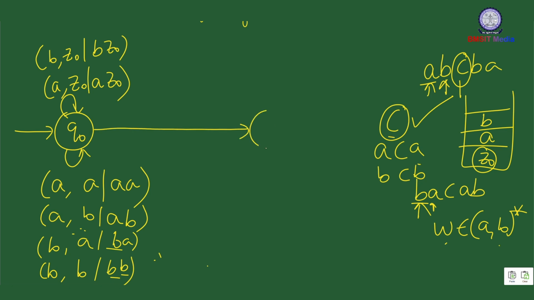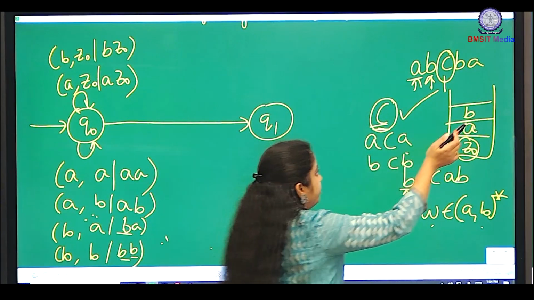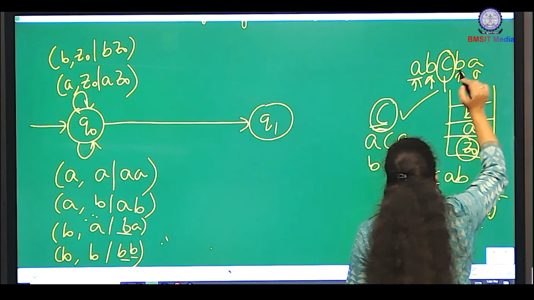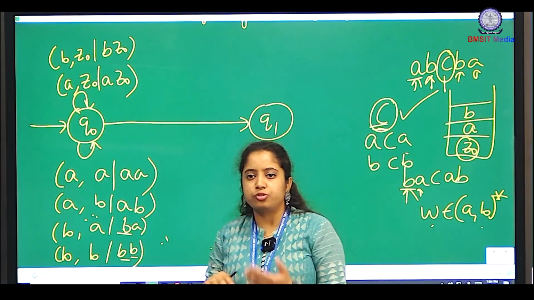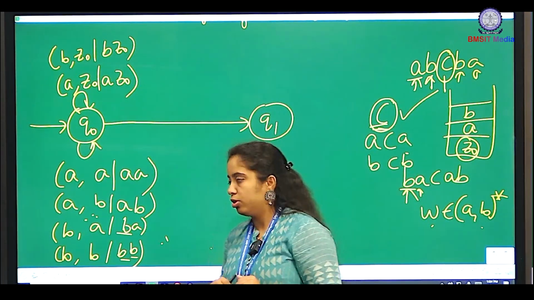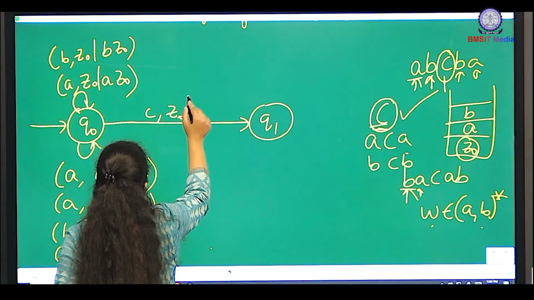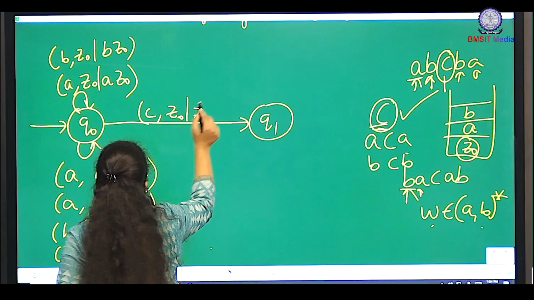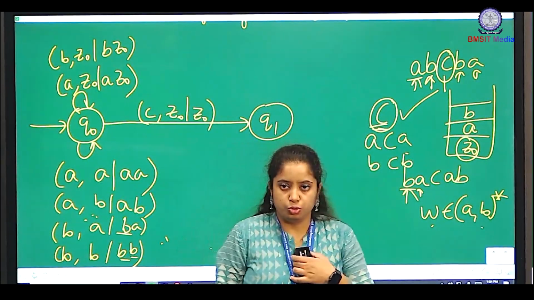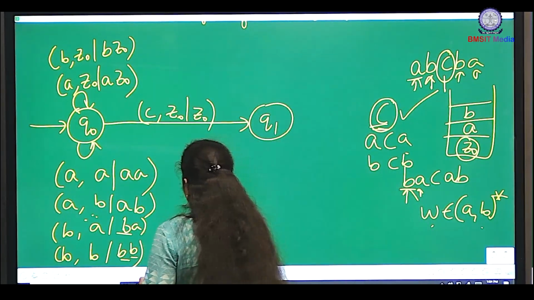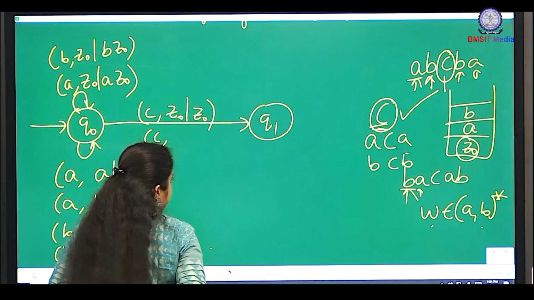Why are we going to the next state? Because after accepting C, you will start popping. Whatever you receive, you have to start the popping operation. So, C and Z0 is the top stack element, you will reach the state Q1. And if C is the input symbol,